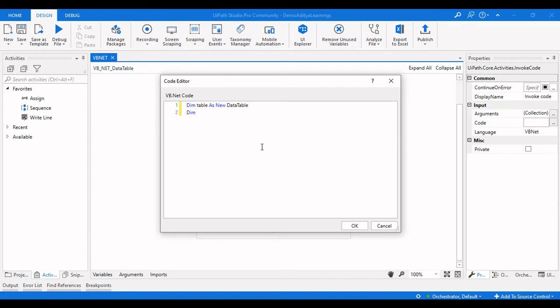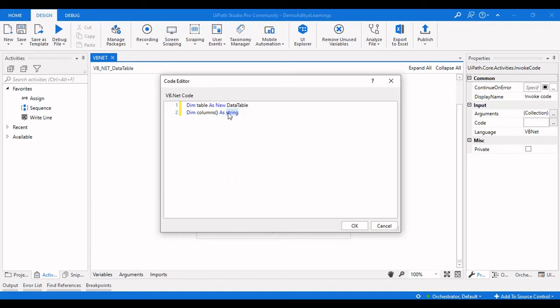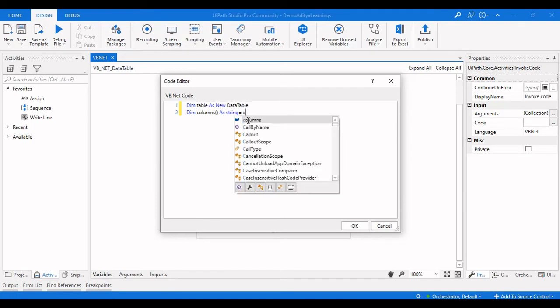Now we need to declare this array of column names. We will be using an array of string column names, and this array of column names as a string. If you want to initialize integer values, then you need to mention integer here, or if you need a double, then you mention double. This is the variable type you are going to take in that particular array. And the array of strings for this is the input argument, column array.